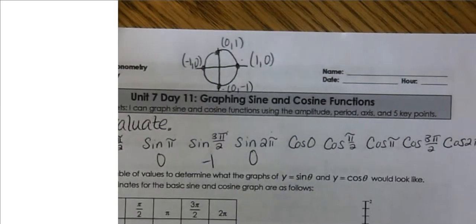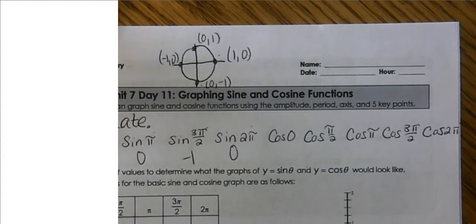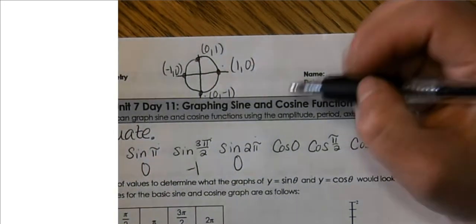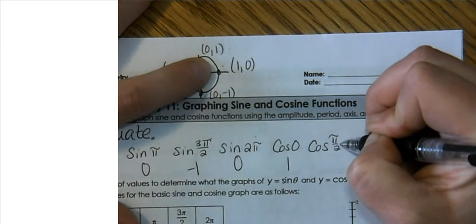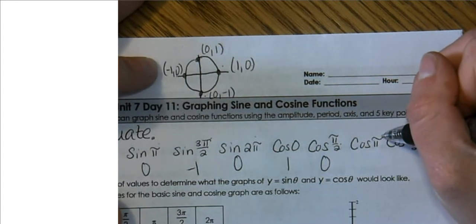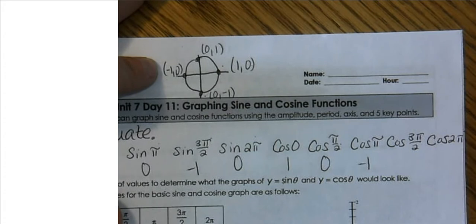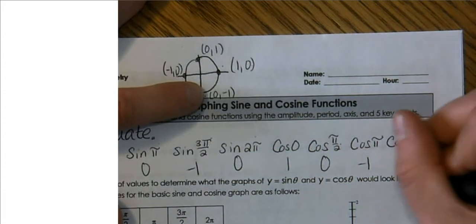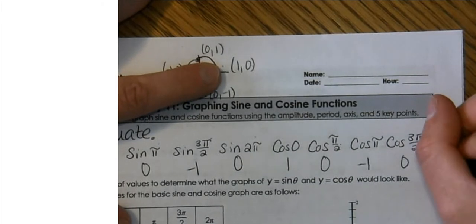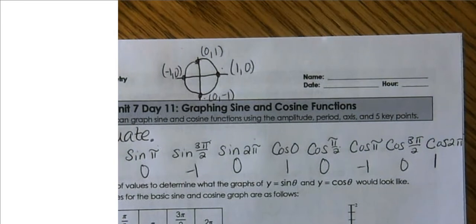Cosine, well, that is the x part, or the x value of all of our ordered pairs. So the cosine of 0, that is 1. The cosine of pi over 2, that's 0. The cosine of pi is negative 1. The cosine of 3 pi over 2, that's 0. And the cosine of 2 pi, we're right here back at 1. So hopefully you were able to get these answers correct and you feel pretty comfortable coming up with and evaluating